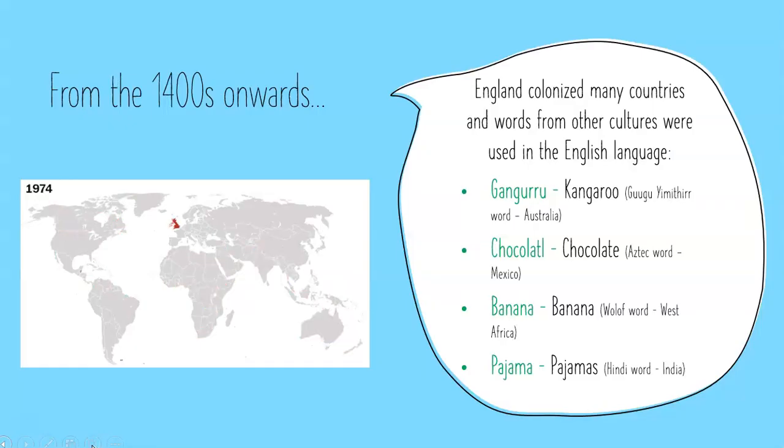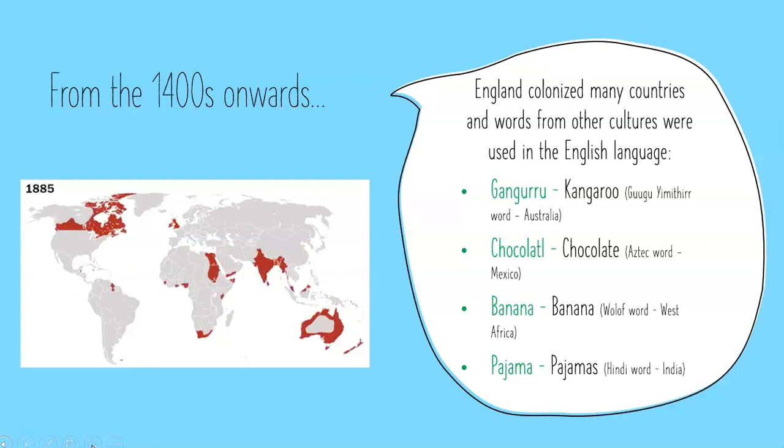All right, around that time, or just before that time, England started to colonise the world. It meant that they were taking over lots of different places, and lots of those different places had lots of different languages. So England, or the English, took different parts of those languages. So words like kangaroo actually came from words like gungaroo. We've got chocolate, banana, pajamas, all words that came from different parts of the world, like the Aztecs, places in